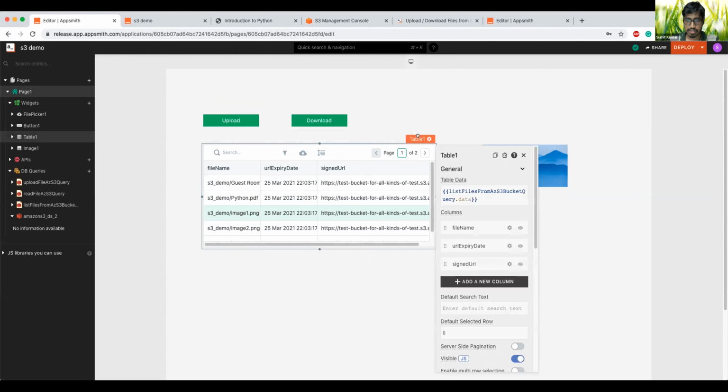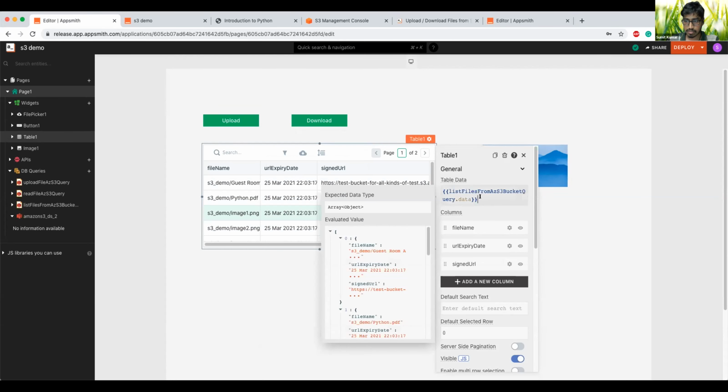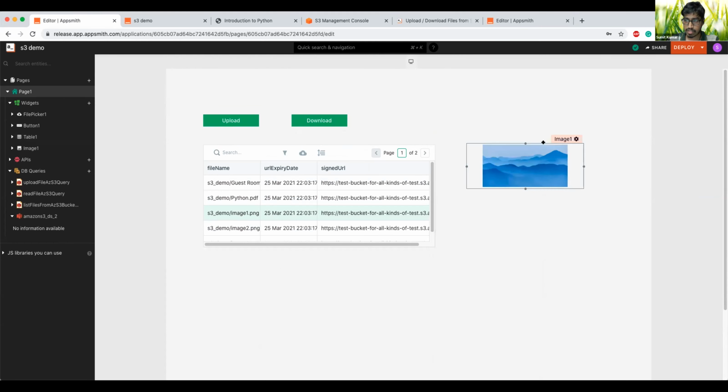Now this is a table widget. It simply reads all of the files present in the S3 storage via this query, list files from Amazon. Okay, so this is an image widget.